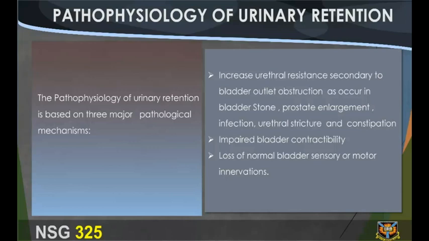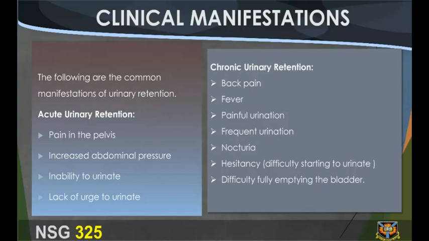Clinical manifestations. The following are the common manifestations of urinary retention. Acute urinary retention: pain in the pelvis, increased abdominal pressure, inability to urinate, lack of urge to urinate. Chronic urinary retention: back pain, fever, painful urination, frequent urination, nocturia, hesitancy, difficulty starting to urinate, difficulty fully emptying the